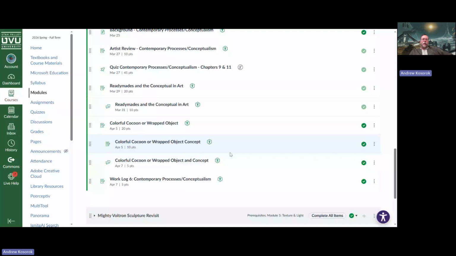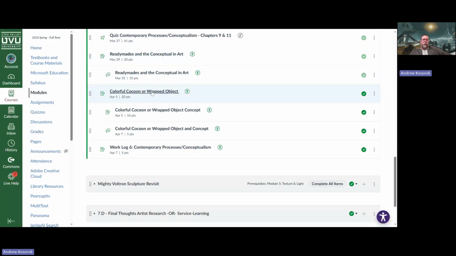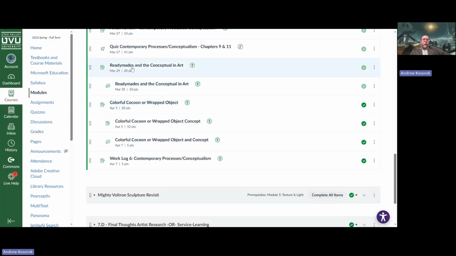And two of the background artists that did cocooning really well, I want to mention that for the ready-mades, the two parts are you take the photo and write those 3 paragraphs, and then the second part of the assignment is you submit it so everybody else can see what you did. And for the cocoon,